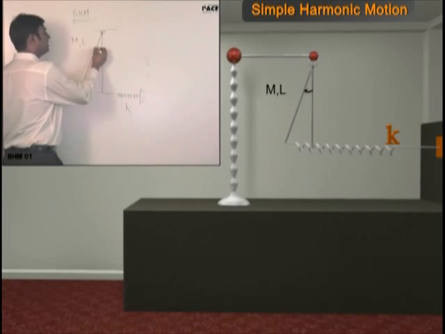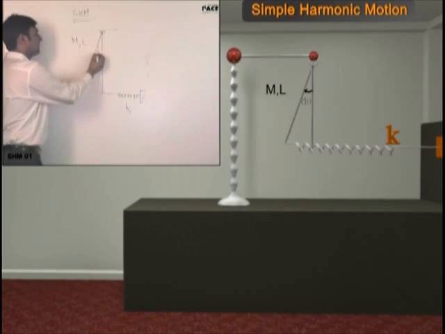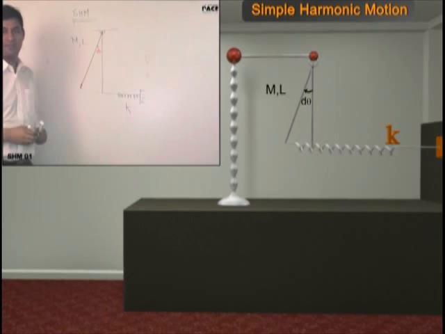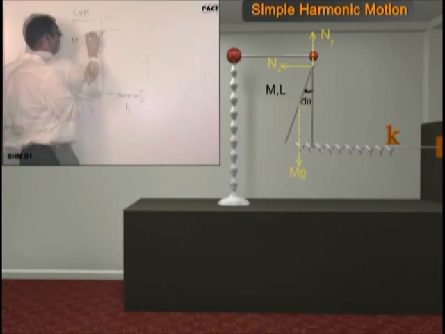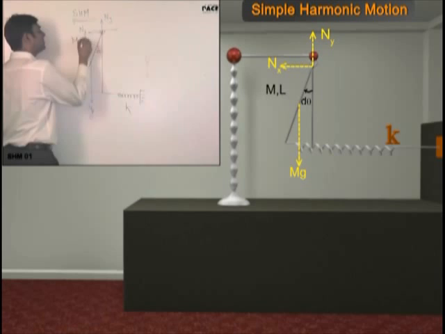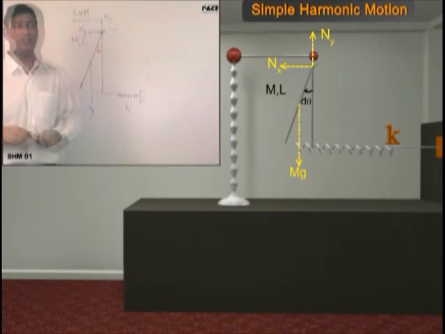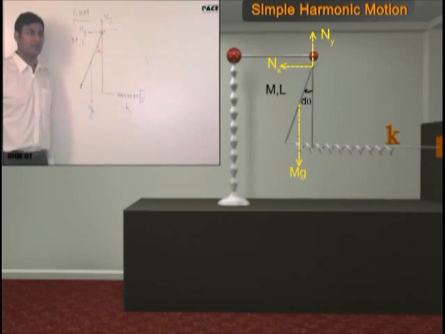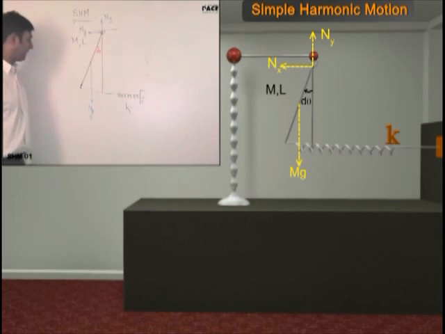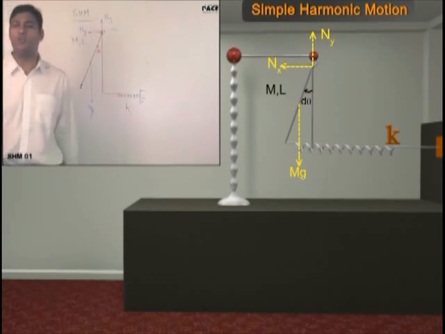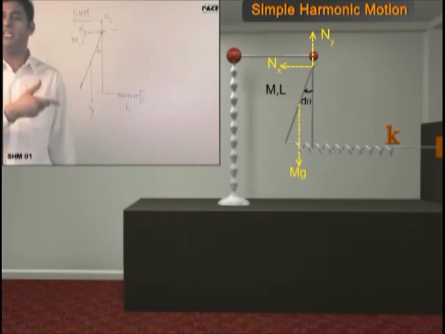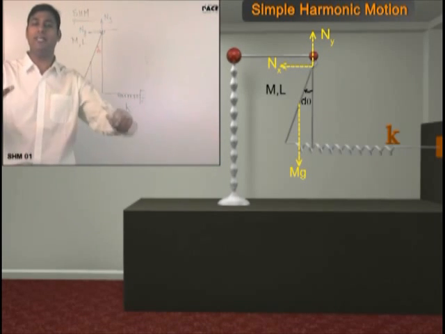I am giving it this time clockwise d theta. Small angular displacement. You can give it clockwise or anti-clockwise. It doesn't matter. Same answer. Now I am marking all the forces. Do we need to mark the tension or something which is inside the rod? No. They are internal forces. I want to study the rotational motion of the rod about the hinge. So I need to mark all the external forces.